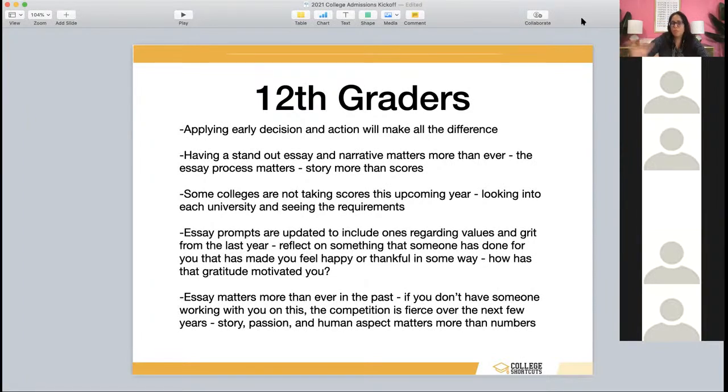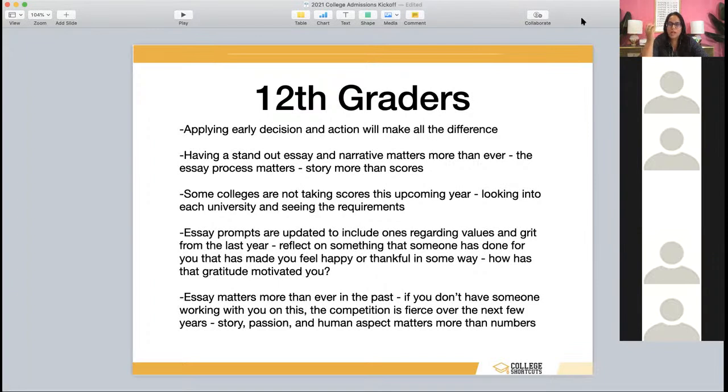Not all students are forthcoming about their information. And it's really important to not only build a relationship, but for them to be able to be open and vulnerable. In the last year, we saw so many stories come through, with COVID and everything going on in their lives. And I will tell you the essay, and I've said this so many times before, the essay truly matters